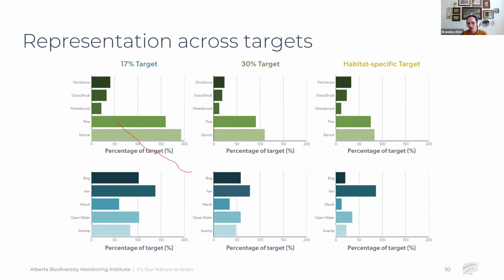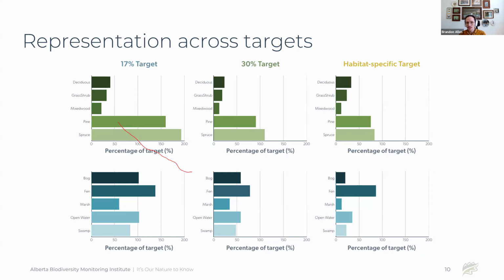So you can see we're more than 150%, close to 200% for those habitat types. And similar is true using that same target for fens, bogs, and open water, where we have conserved about 17%, a little bit more than that, of those habitat types of what we think was out there prior to any human footprint activities occurring within the province. However, the story does change as we change these targets.